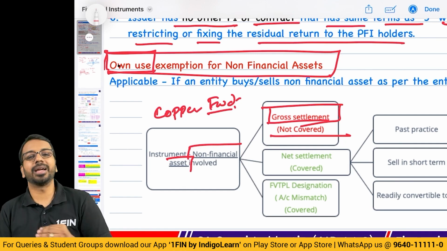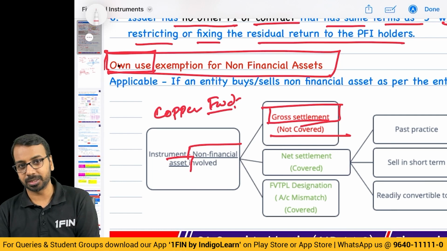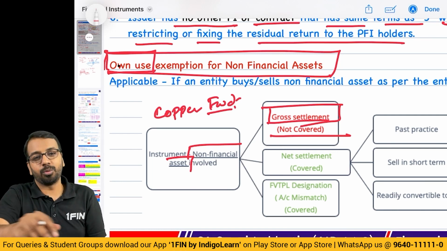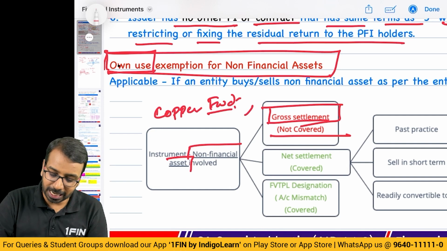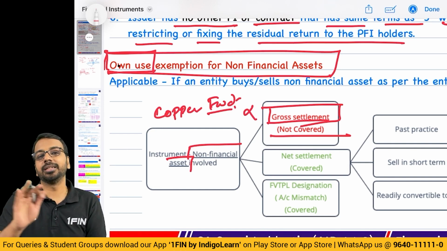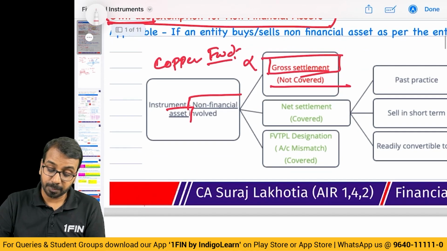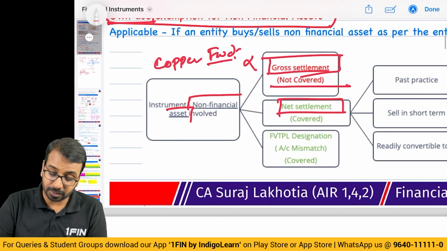I have agreed to buy 1000 tons of copper after 6 months. If I actually take delivery of 1000 tons and give equivalent amount to the supplier, then that part is not covered in financial instruments. It will not be called a financial instrument. Whereas, if I have a practice of net settlement,